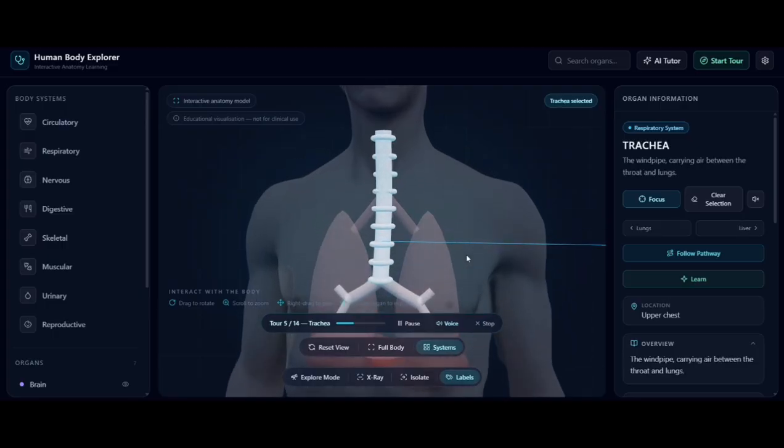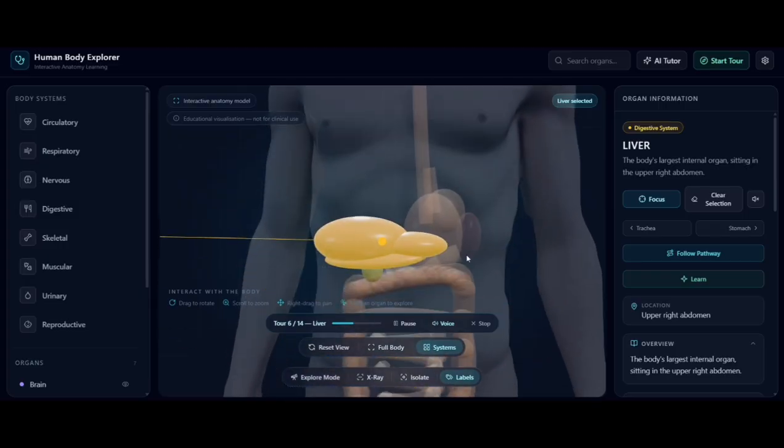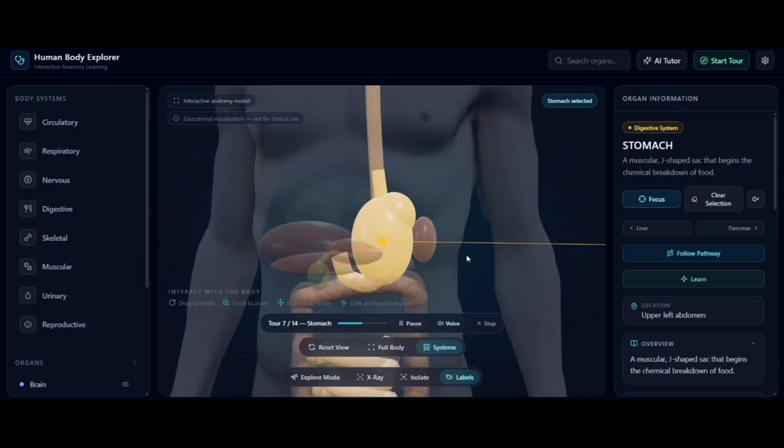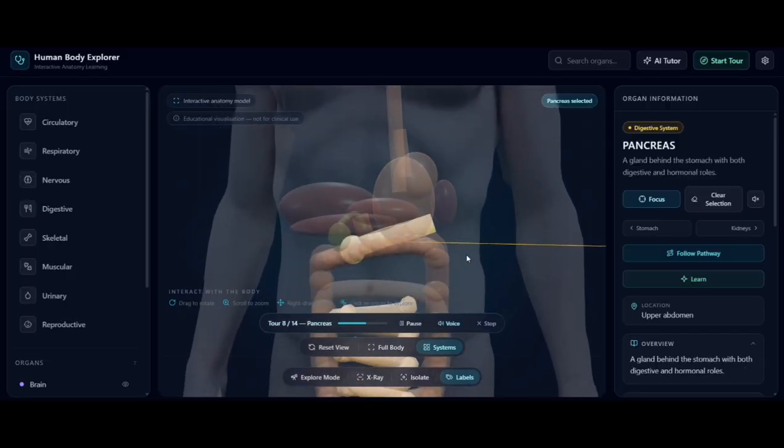This is the trachea. Provides a clear, permanently open channel for air, while its lining traps dust and sweeps it back up to be swallowed or coughed out. This is the liver. Filters blood from the digestive tract, metabolizes nutrients and drugs, produces bile for fat digestion, and stores energy and vitamins. This is the stomach. Stores swallowed food and breaks it down using acid and enzymes before releasing it gradually into the small intestine. This is the pancreas. Releases enzymes that digest fats, proteins and carbohydrates, and produces insulin and glucagon to control blood